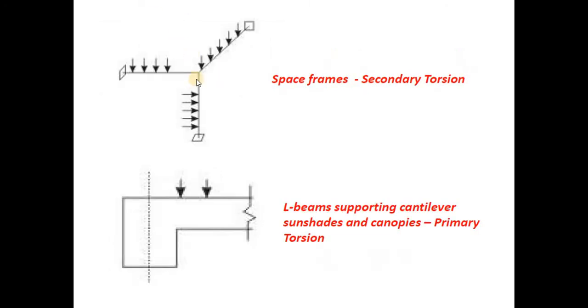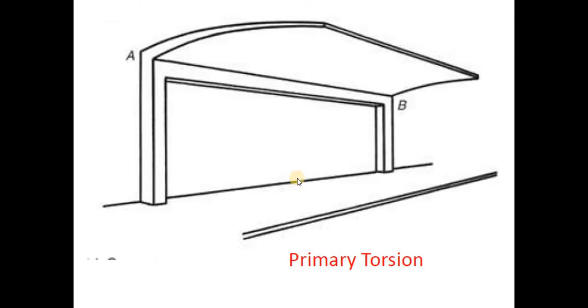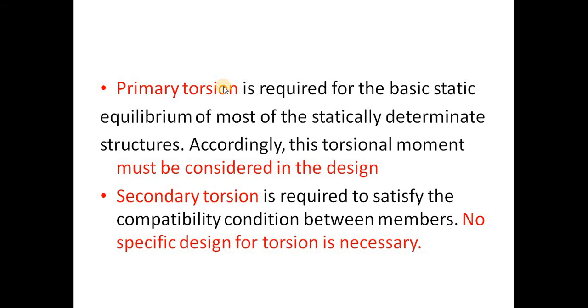Here also you can see there is another structural member which is inducing the torsion on a beam. And as the shape is curved, automatically the torsion will be induced. So it is due to self. That's why it is called primary torsion. Similarly, you can see this is a curved slab which is provided, due to which also the primary torsion is going to get induced. So we'll move back to the types of torsion.